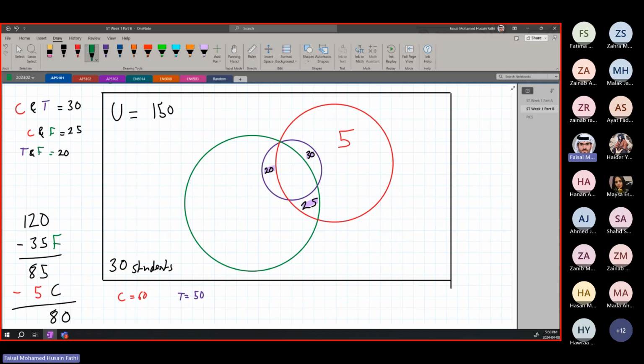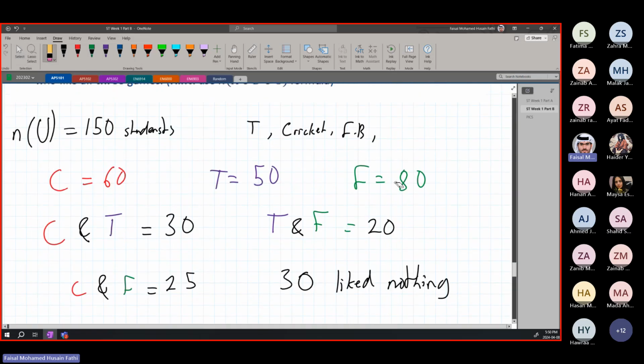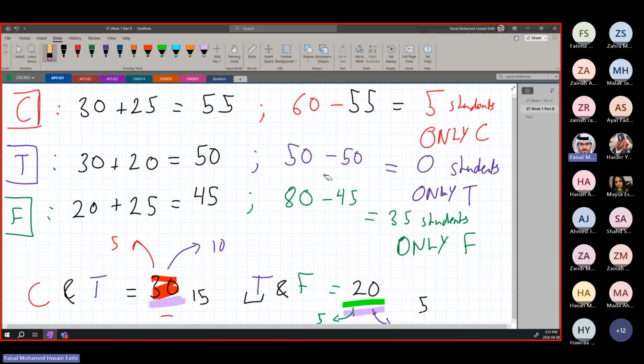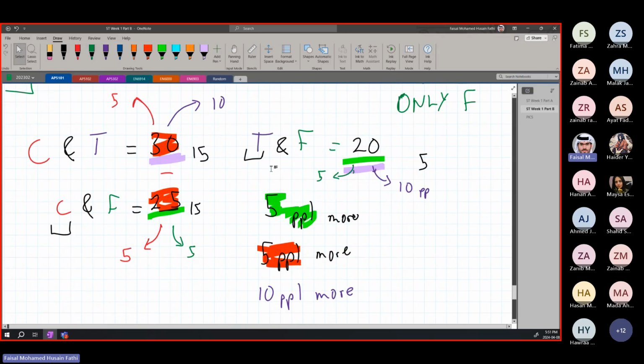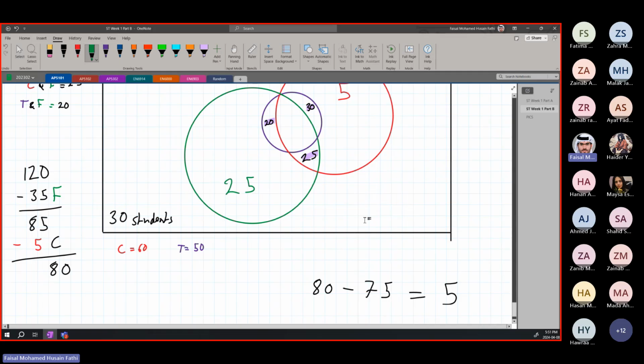So we said that it is 70. So we're going to have 10 less. In football, we had 35, so it became 25. I don't know why I put 80 up here then. This is going to be 70. And then this is going to be 25 students. Then this is 25 students. Yeah, everything else is okay. So this is going to be 25 students.